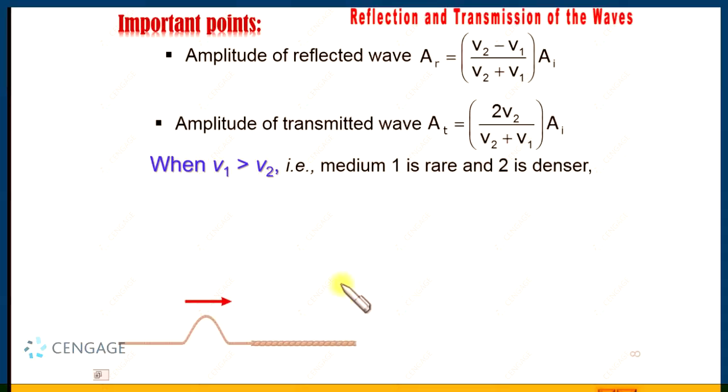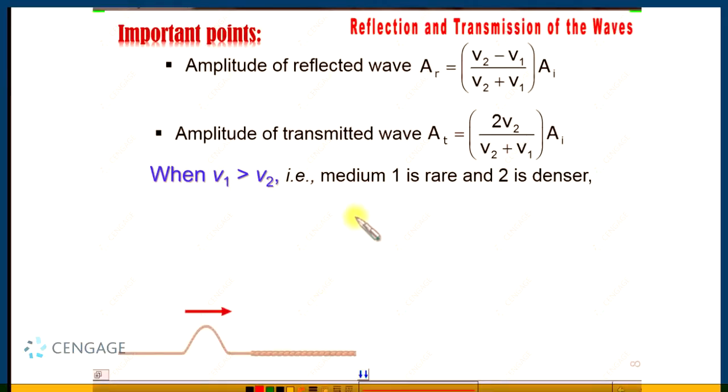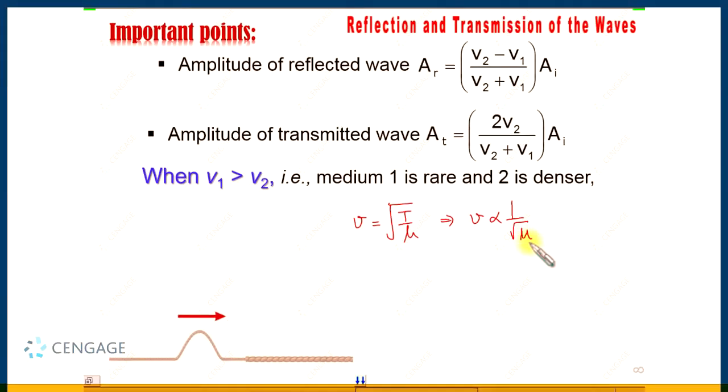And in the thin string the linear mass density is less, and you know the wave velocity in the string is v equal to square root of T divided by mu, right? If two strings are connected side by side, the value of T will be the same. That means here you can write v is inversely proportional to root of mu, right? That means if mu is greater, wave velocity will be less, and here the wave velocity will be lesser than the wave velocity of this. That means in the thinner string the wave velocity will be greater and in the thicker string the wave velocity will be less. And now if we substitute the values of V1 and V2, you know V2 is less than V1,